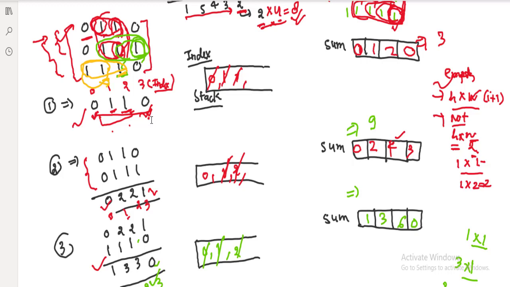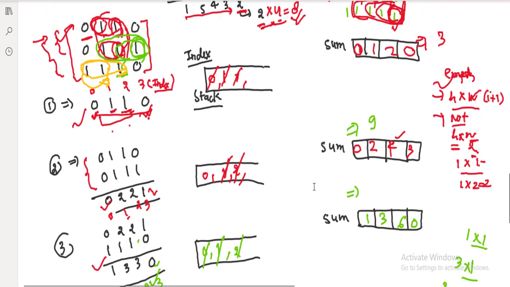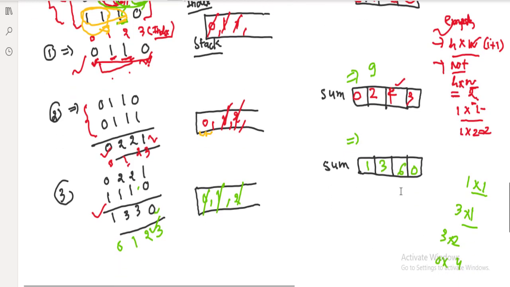So to handle this situation, while we are in the stack, check if the stack is not empty. If the stack is not empty, we have to add some value from the topmost element into the particular index. For example, here if we are at 3, why is it not correct?